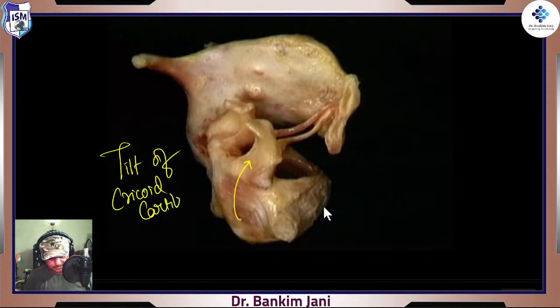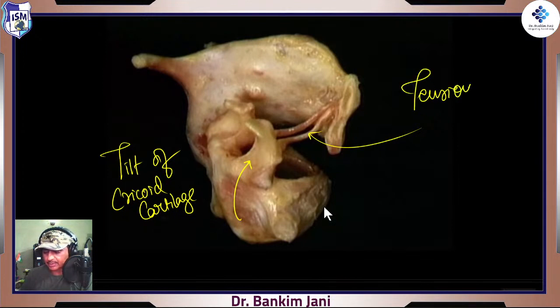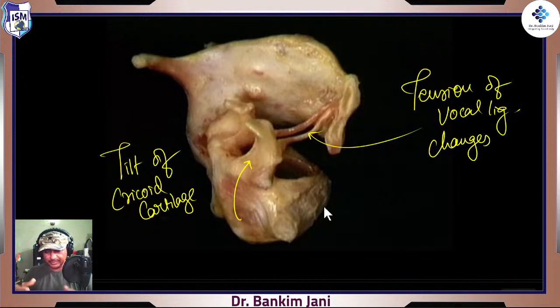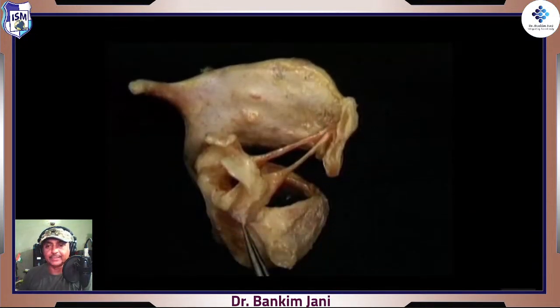So this is the tilt of the cricoid cartilage, and that leads to a change in the tension of the vocal ligament, right? So the tension of the vocal ligament changes. So when it tilts backward, again they will be tight, right? So that's how these vocal ligaments become slack or become tight. Same thing, right? Because when we are pulling it back,